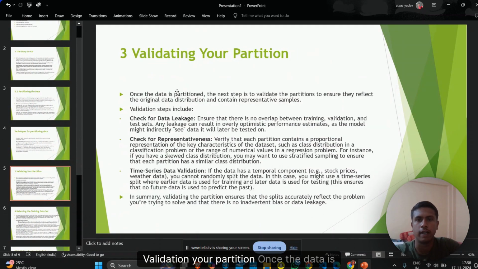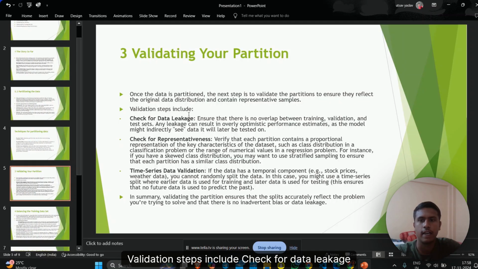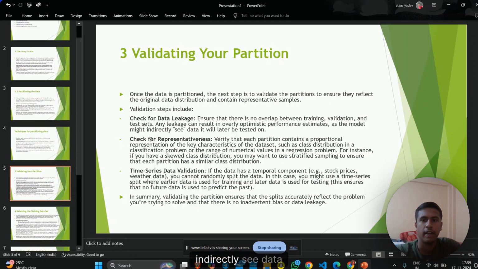Validating your partition. Once the data is partitioned, the next step is to validate the partitions to ensure they reflect the original data distribution and contain representative samples. Validation steps include checking for data leakage, checking for representativeness, and time series data validation. Check for data leakage. Ensure that there is no overlap between training, validation, and test sets. Any leakage can result in overly optimistic performance estimates as the model might indirectly see data it will later be